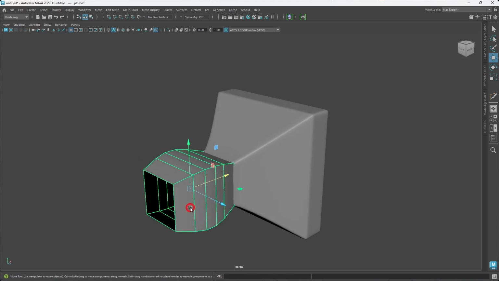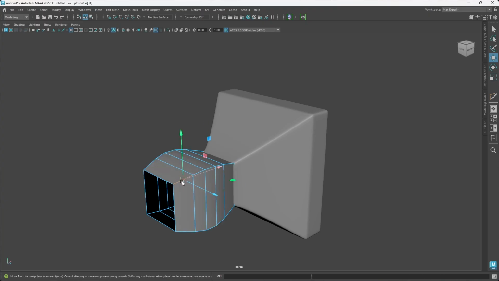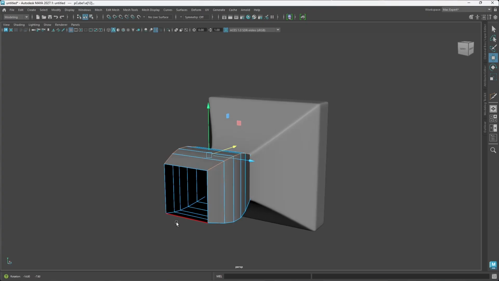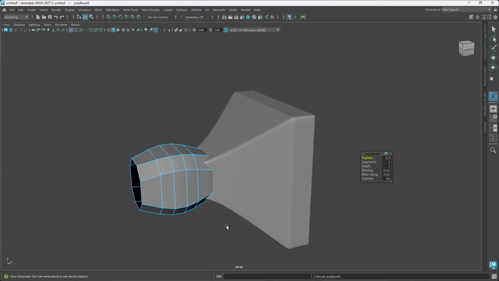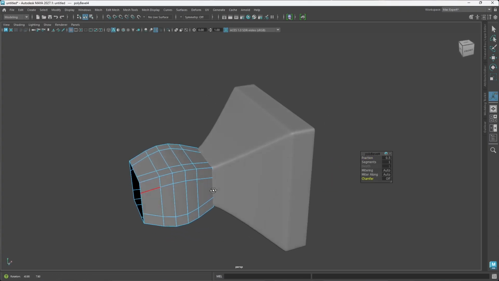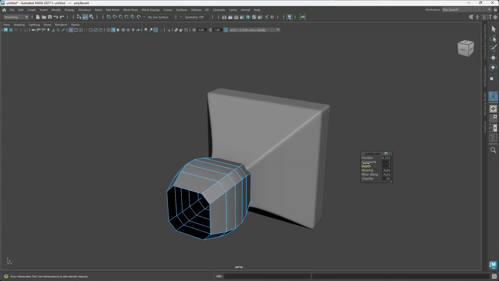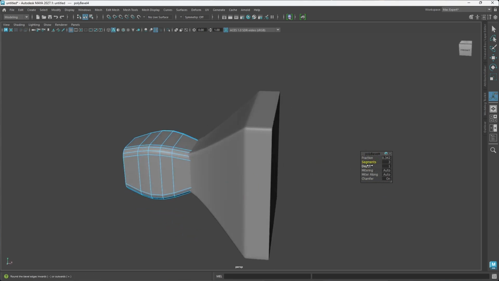So let's select this now. Let's go into edge mode. Now, if we go into sub D mode of this, you can see what we have here. So we can select this loop, this loop, and this loop. Here, Control B to bevel. So we're going to turn off chamfer. We don't want this to be rounded now. So let's turn on chamfer first and let's see. We add a segment. Let's add a segment of 2, and not 2, just